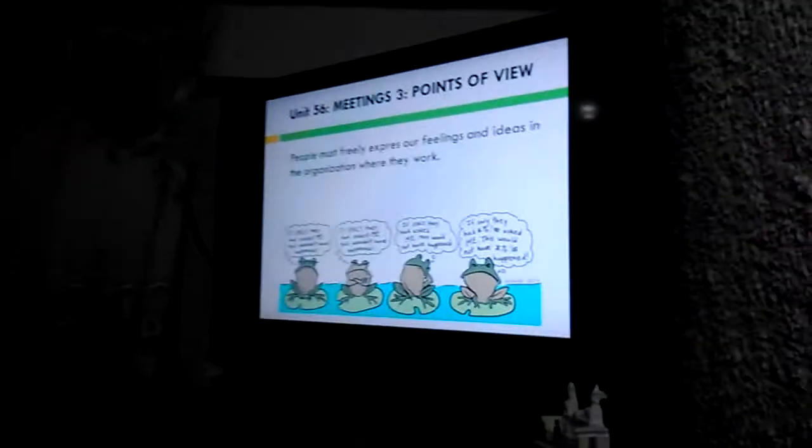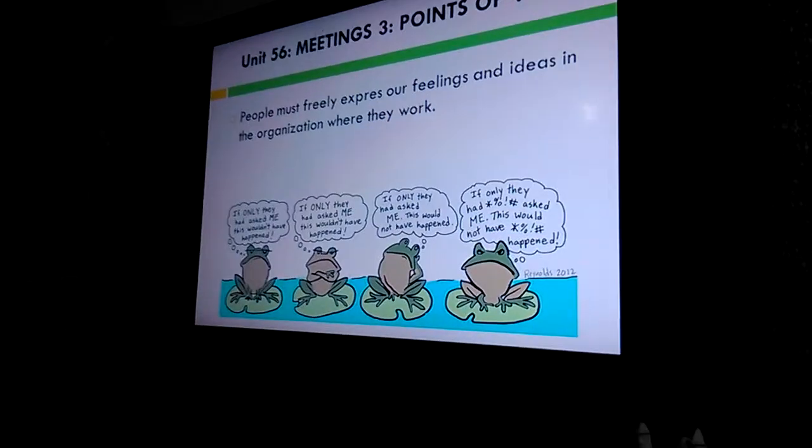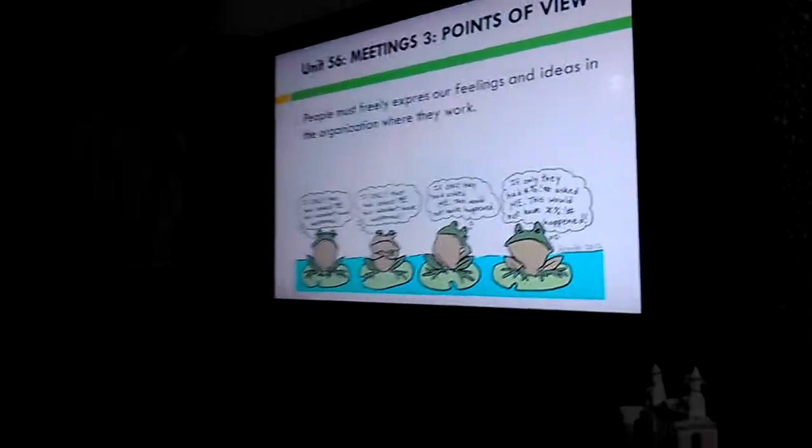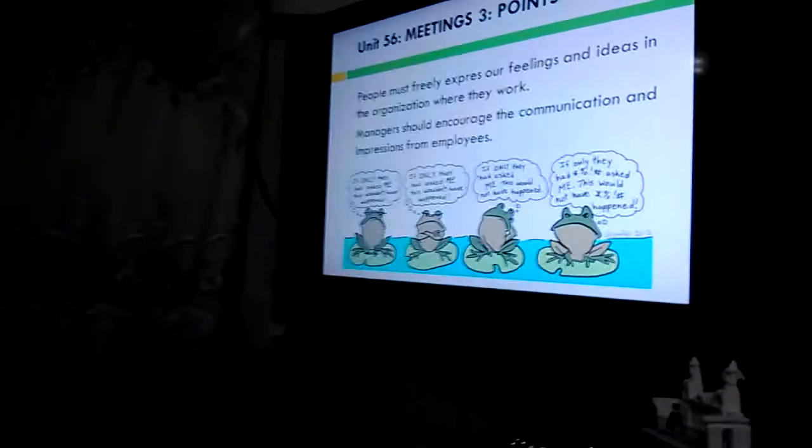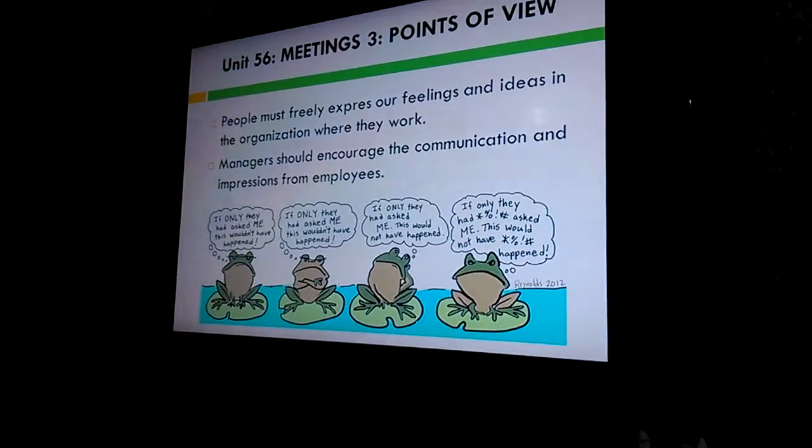This is very important for us as future managers in order to understand many people's thoughts. In this case, points of view, of course, managers should encourage communication with their employees. For example, in this process, they never ask him. That's why he's angry. Another important thing is encouraging communication and expressing their ideas. Sometimes employees have many things to give, to explain, to propose in the company. That's why many people encourage this in order to improve.